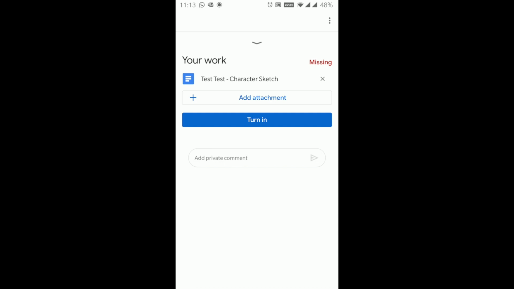Now it can also happen that some of you would have difficulties in using this on phone because some of your phones may be smaller in size, the screen may not be good enough, you will not have comfort in typing. Do not worry because you can attach your work. So you know what the work is there. You can take a paper and pen, you write like what you do a normal assignment on a white paper or on an A4 size paper, and then you can attach your work. So one is you write directly on Google Docs, but before submitting, I'm also giving you the second option. How do you do that?